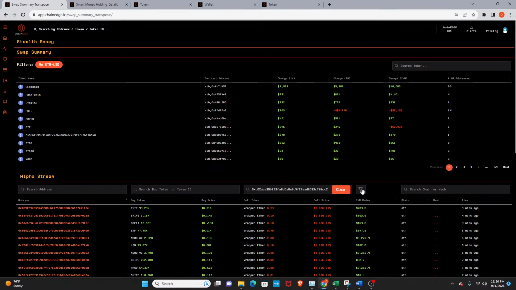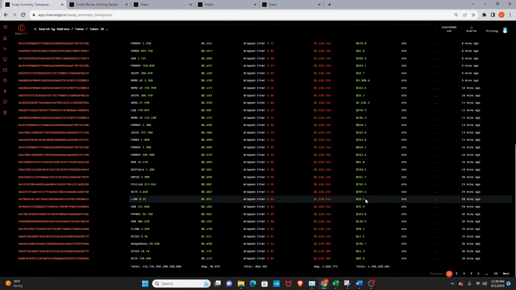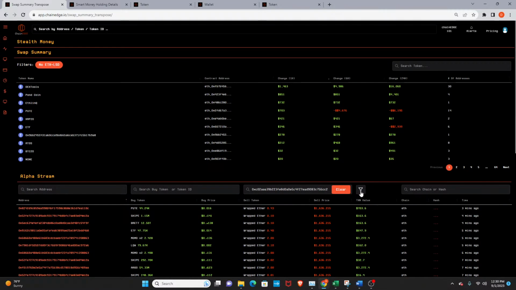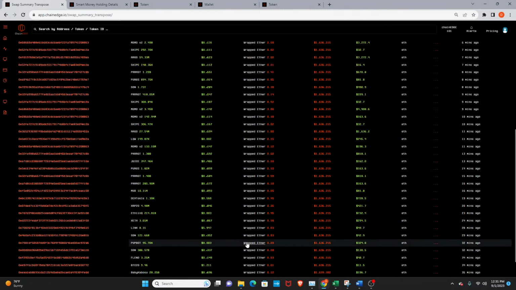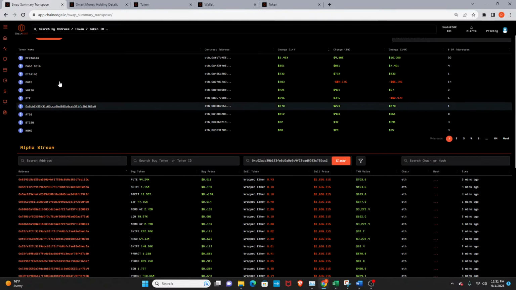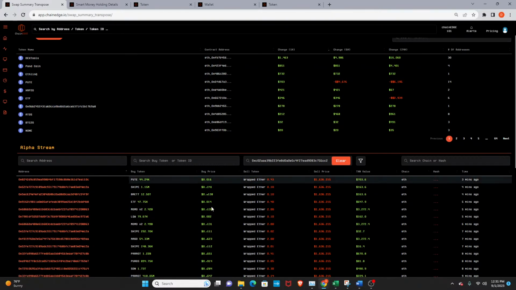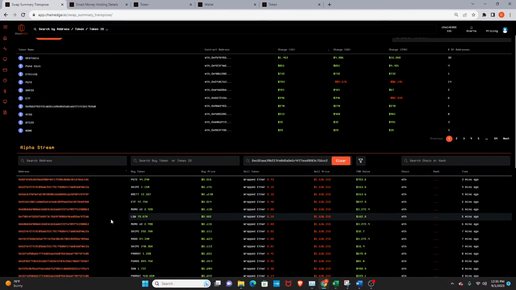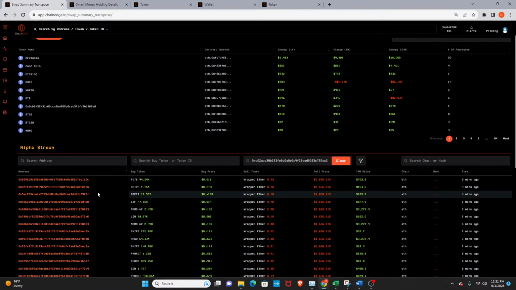I can't filter the transaction value. Devs are fired. But next week you'll be able to filter these transaction values, so to only get bigger ones. But I would use it in tandem with the other data, because there are a lot of projects that will try to manipulate these things. So you have to be really careful on the fresh wallet flows, because what scammers will do is they'll just start,